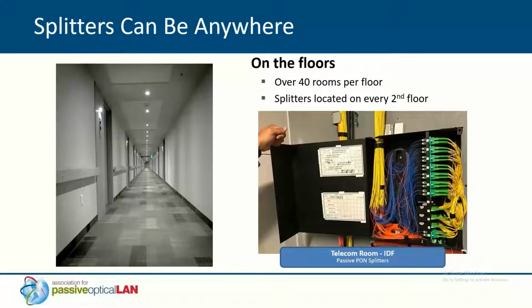Whereas here, we can essentially put it into a wall mount box, and we have distribution cable coming in, going into a cassette, patch cord over to my splitter, and then going out to the individual locations. Could be individual rooms or a group of rooms in this example, and a very nice way to offer all the different network connectivity that we've become accustomed to without having to take up a lot of retail space. Next slide.